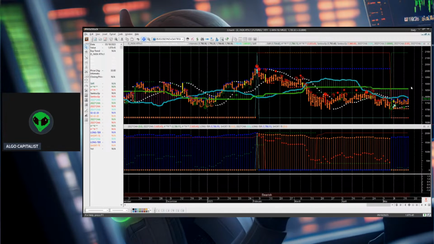1,800 is a key resistance zone for this market right now. If it can break it, then the next challenge is 1,850. All right. And then after that, you got more upside when you get up toward the 2,000 mark. So you got a lot of overhead resistance areas for this market. And it has a long way to go if it ever gets started.